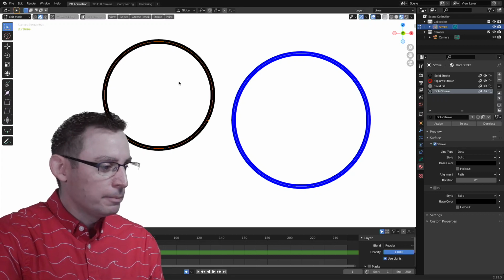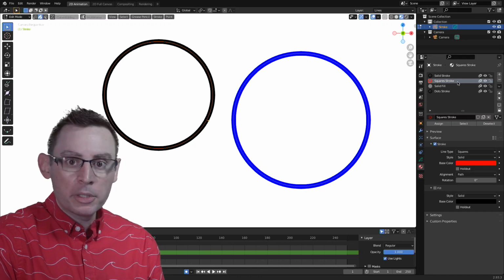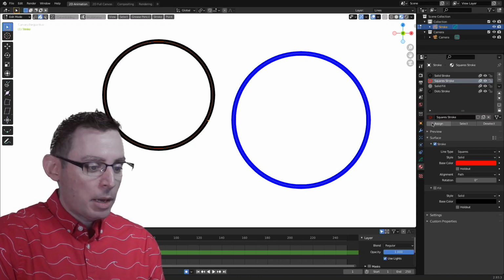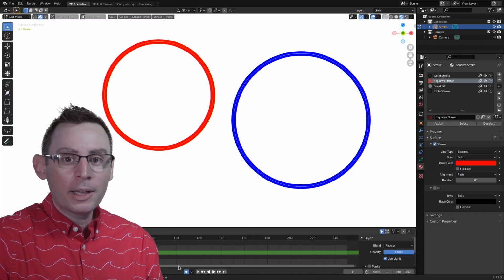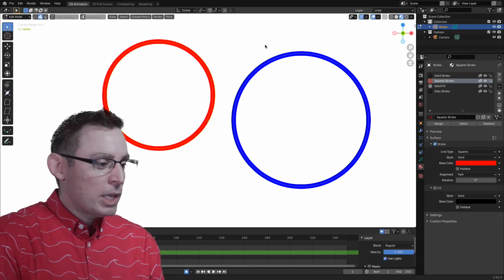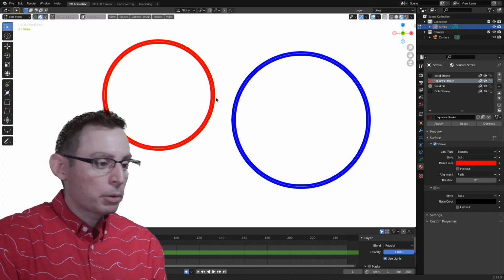So I'm going to select my black stroke here. I want to change the way it looks after I created it, which is pretty neat. So with it selected, I'm going to go into this red square stroke material inside of my library. And down below, I'm simply going to choose Assign. And then voila, it now goes red. So we can change the way our objects look after the fact when using these material presets.